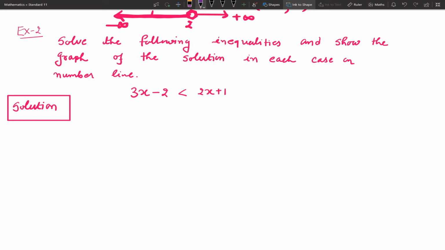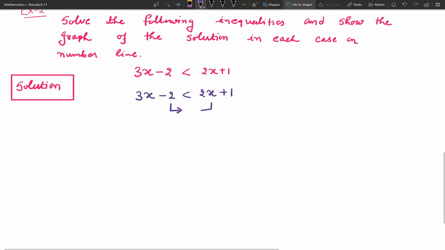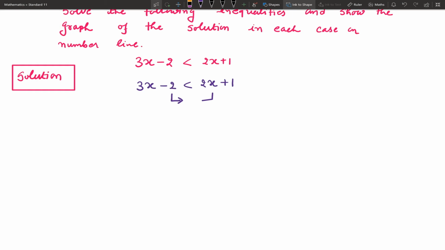Now we have given 3x minus 2 is less than 2x plus 1. We transfer minus 2 to the right hand side and plus 2x to the left hand side. So when we transfer a term, it will change the sign. So in this case